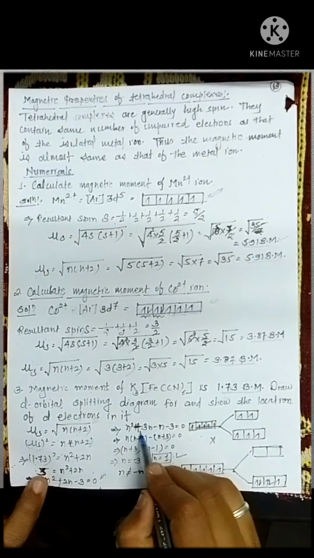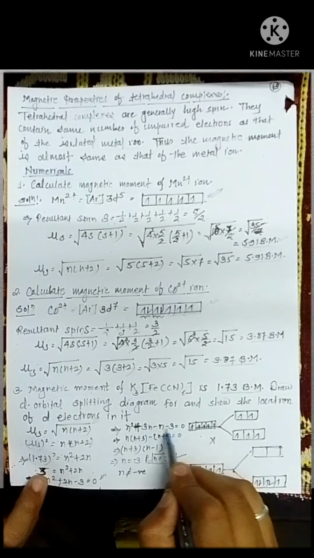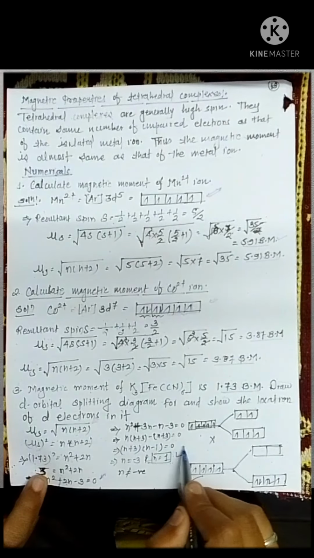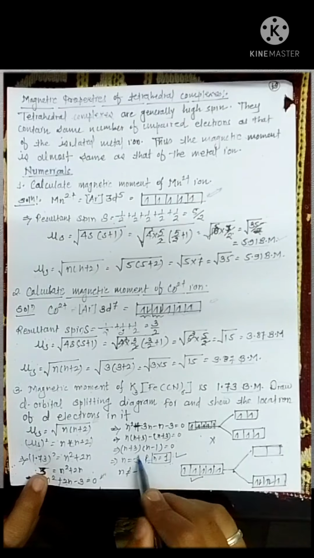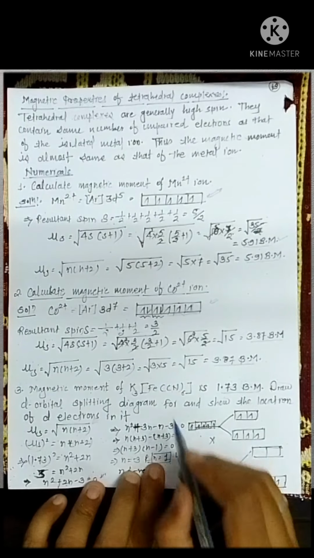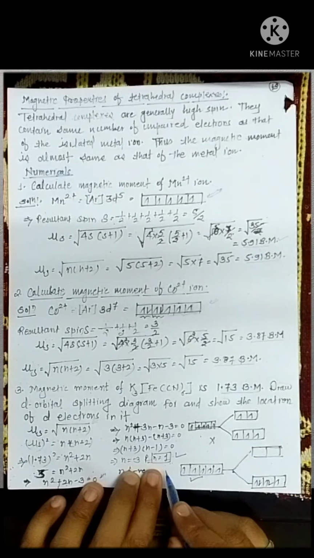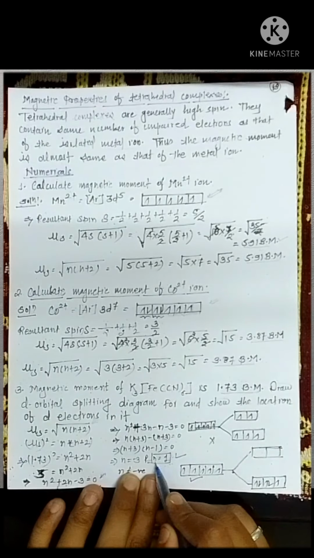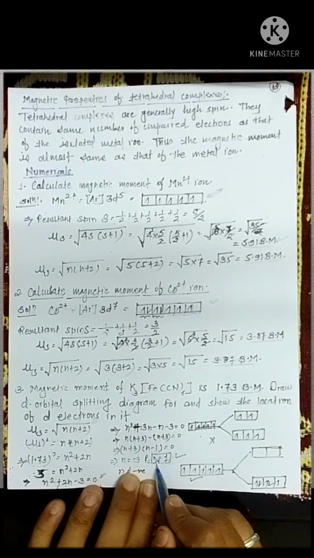So twice n can be written as plus thrice n minus n. When we solve this, we get that (n plus 3) multiplied by (n minus 1) is equal to 0. It simply means that n is equal to minus 3 or n is equal to 1. n cannot be negative because it is the number of electrons. So n is equal to 1. It is the number of unpaired electrons. It is not the total number of electrons, it is the number of unpaired electrons present in the complex.